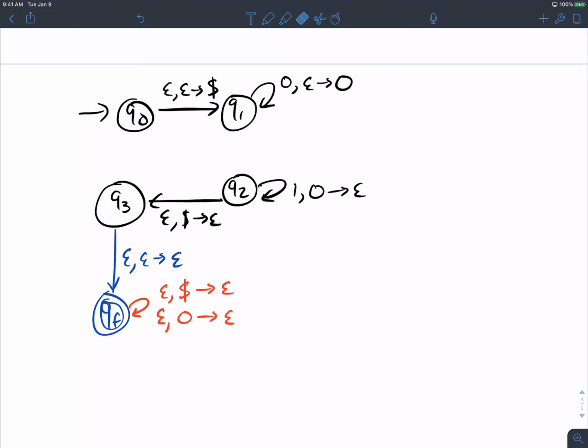So what do you want to push? Let's do $. We have to pick something in the stack alphabet for it to work, for obvious reasons. So let's push $, because we want to be rich, and then let's call this Q4, and then come back to Q2, popping that same thing. Okay. The self loop on Q2, is that okay?